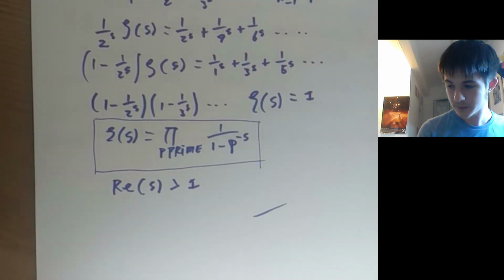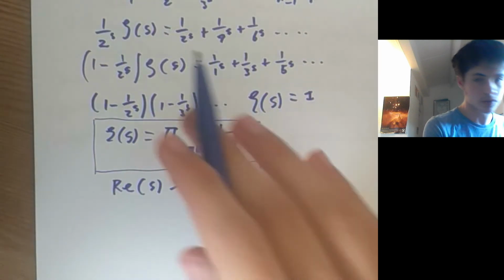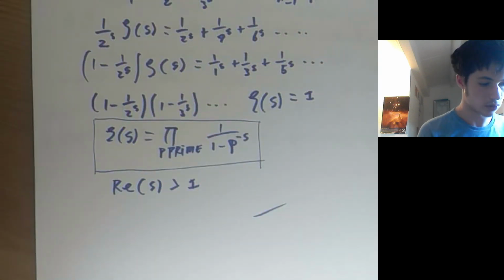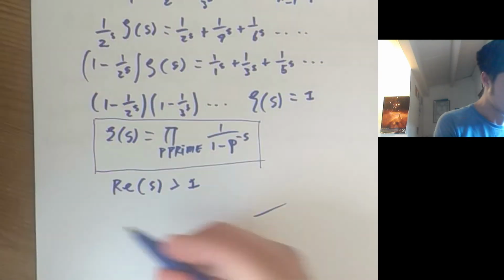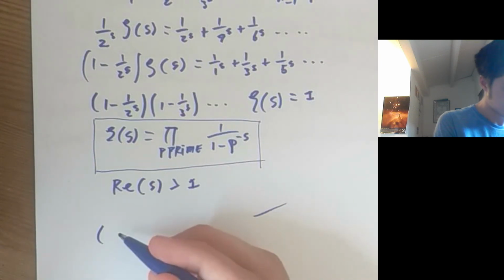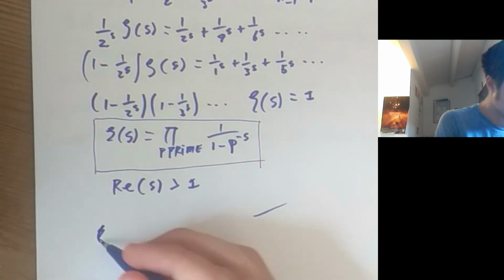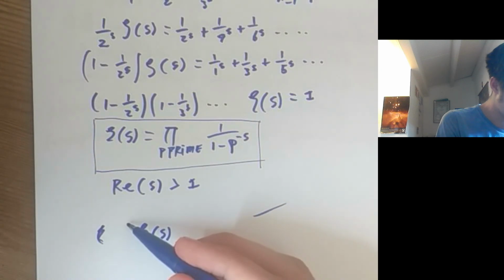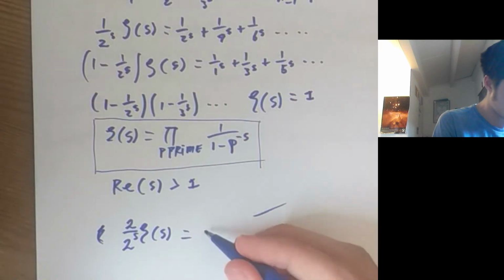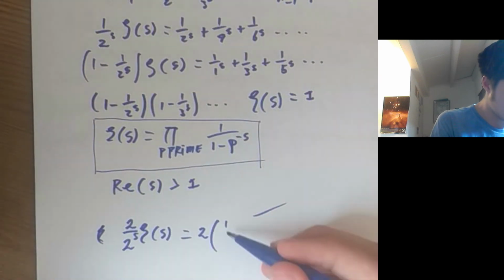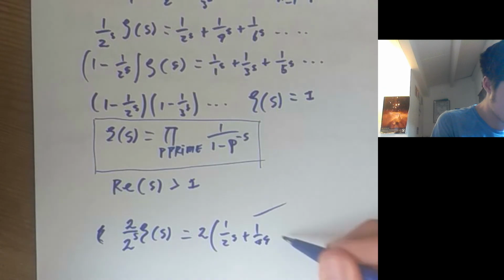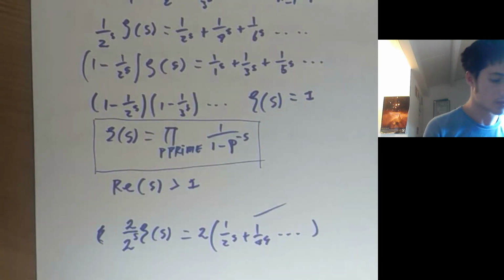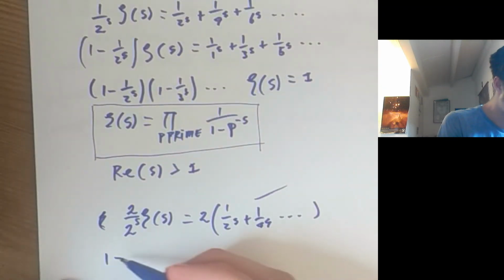For this we want to turn all the signs for the even ones, we want to turn them to negatives, and we can do this by taking our zeta of s and multiplying it by 2 times 2 over s. And well, then we get exactly twice the sum of the even ones, 1 over 4 to the s, etc. And so if we subtract this from zeta,